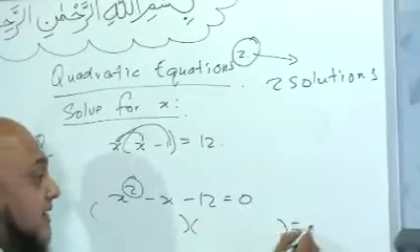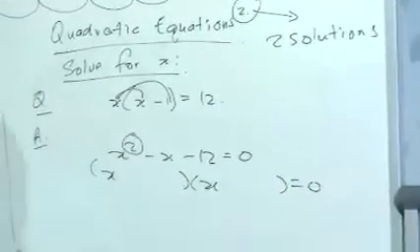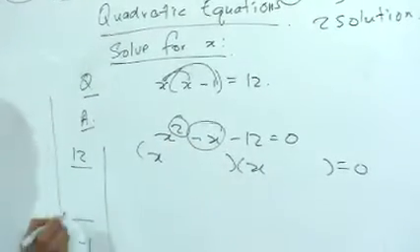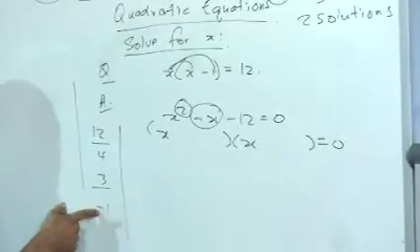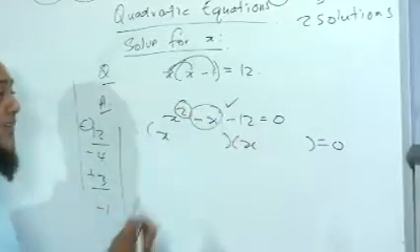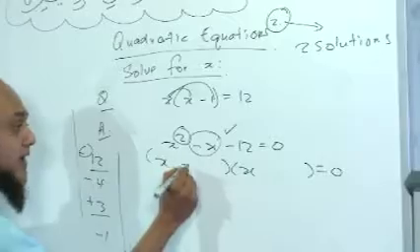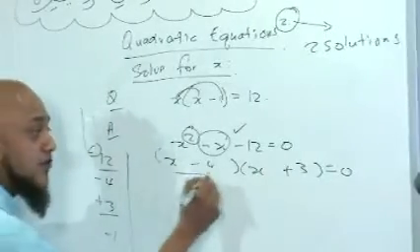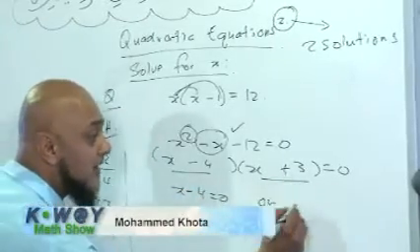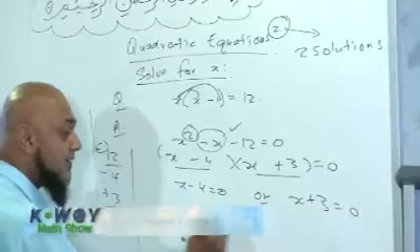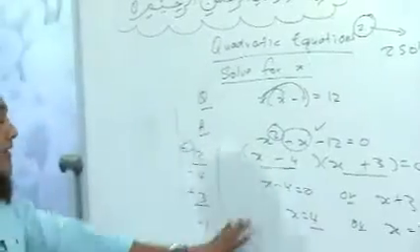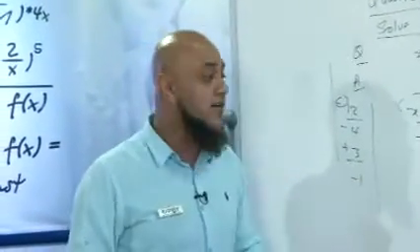So we factorize it, equal to 0: x times x gives me x squared. What are my factors of 12 to give me negative 1 in the middle? Factors of 12: 4 and 3. To get minus 1, minus 4 plus 3. Negative times positive is a negative. What is my last sign? Negative. So we know we are right. Minus 4, plus 3. These are my two factors, and these give my two solutions. x minus 4 is equal to 0, or my second factor, x plus 3 equals 0. x is equal to plus 4, or x is equal to negative 3. There we go. This is the way we do a quadratic equation.